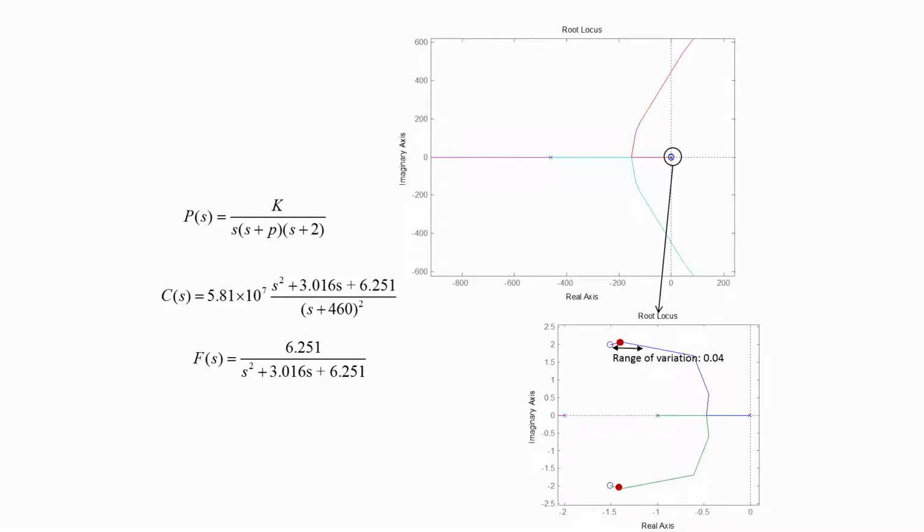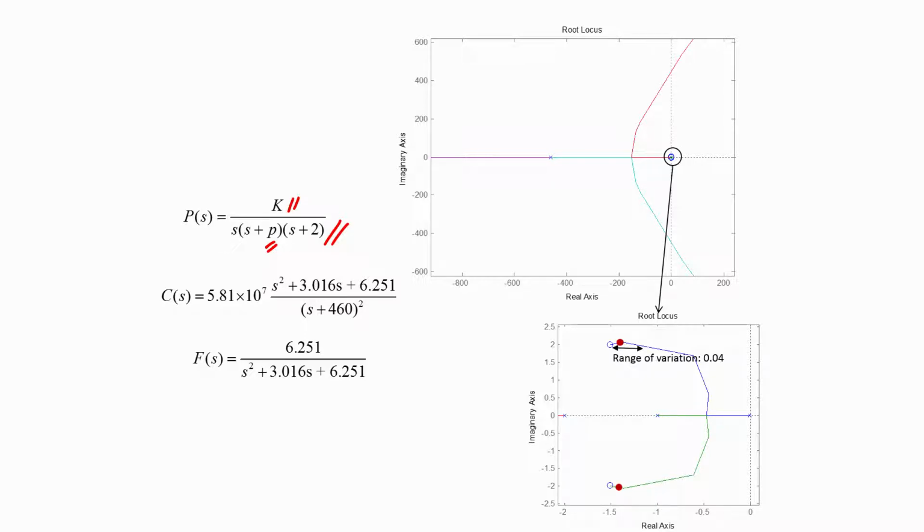I have undertaken this design and I wish to share the results of some simulations that have been performed with this controller design. This slide shows the plant structure that we have assumed. There is uncertainty associated with the gain of the plant as well as one of its pole positions. The gain can vary from 0.3 to 3 and the pole P can change from 0 to 2.